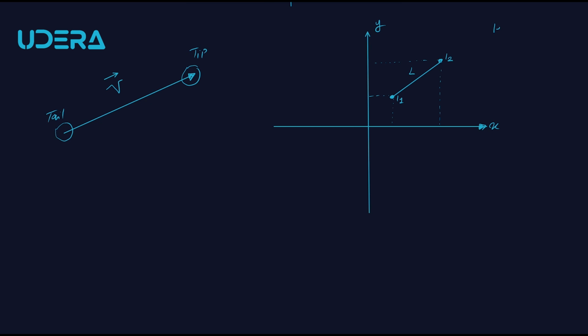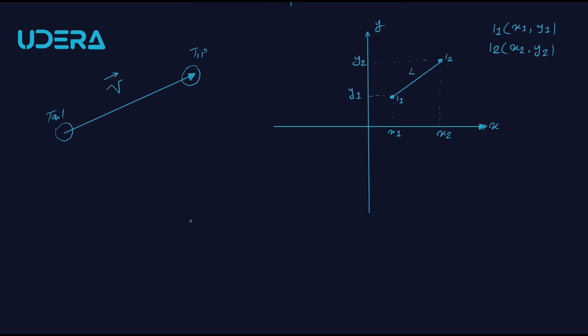So if L1 contains x1 and y1 like this, and L2 includes x2 and y2 as the x and y coordinates on the 2D plane,